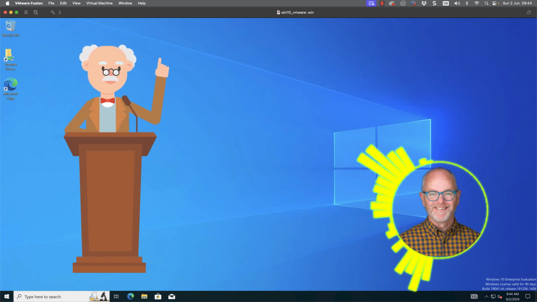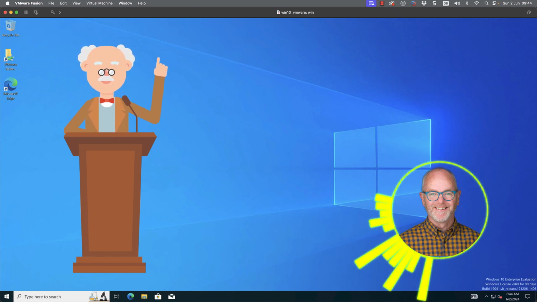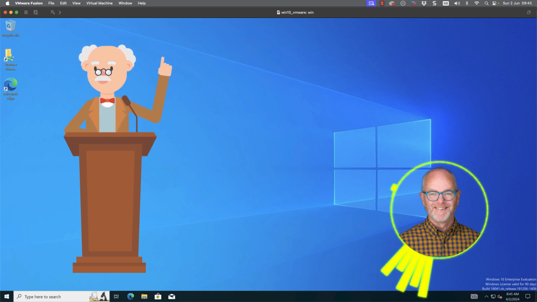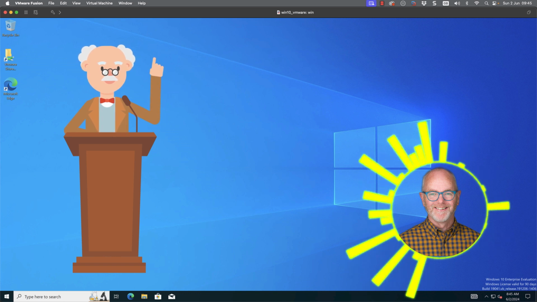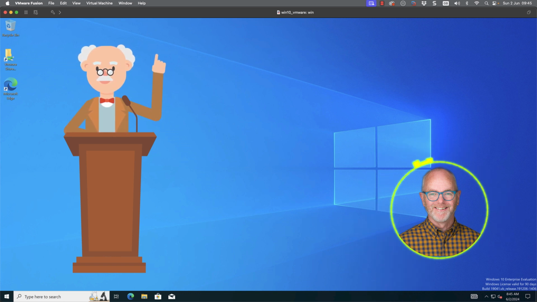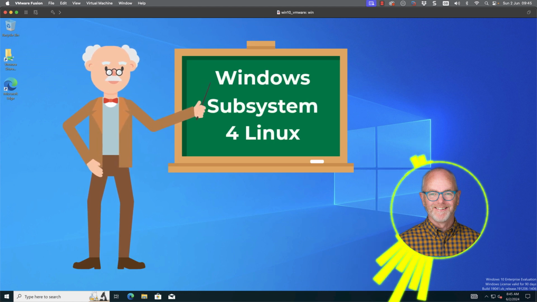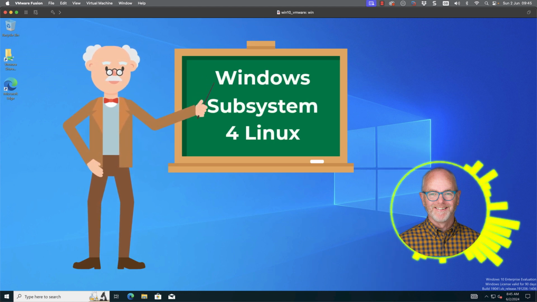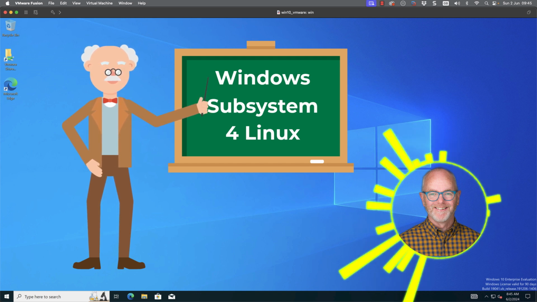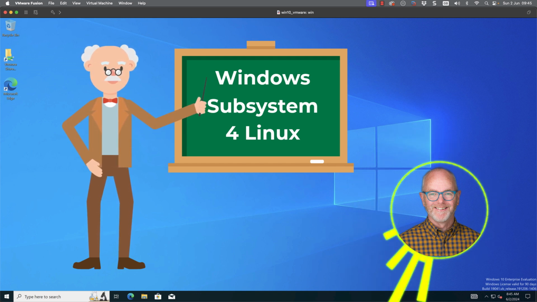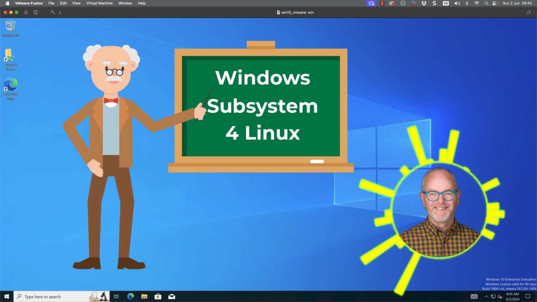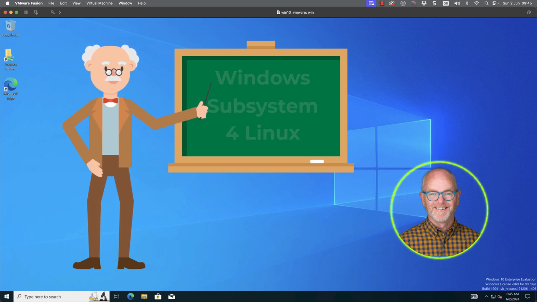So, of course, one of the difficulties in learning Linux is that your desktop or laptop might already be configured with Windows and you might not really want to change that. So there are many different ways that you can look at using Linux on your Windows desktop. Here we're using Windows 10 and we're going to be taking a look at WSL, Windows Subsystem for Linux. With this, we can choose different distributions and have cut-down versions of them on our Windows system. So come on, let's go through and enable this.